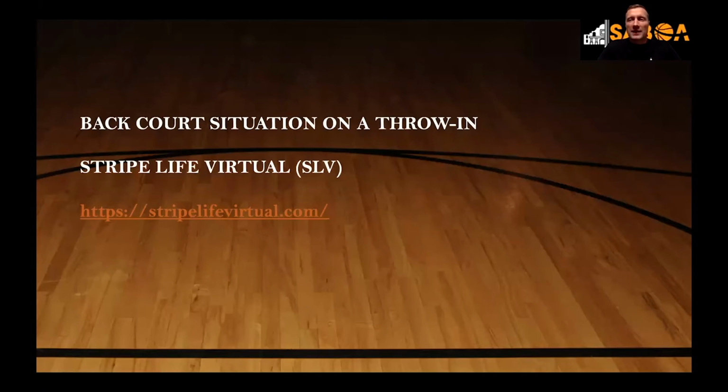So what we had is a situation where A1 is taking the ball out of bounds and throws it to A2, just to say it hits A2 in the head and goes into the backcourt. The discussion: does that constitute a backcourt violation if A2 or any team member from A goes and gets the basketball? We have a throw-in, we throw the ball, it hits A2, they don't control it, and it goes into the backcourt. Can they get it?